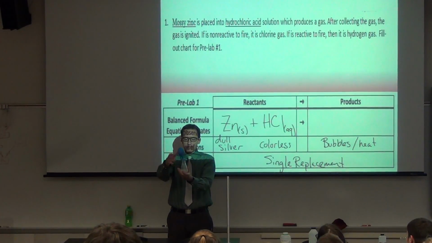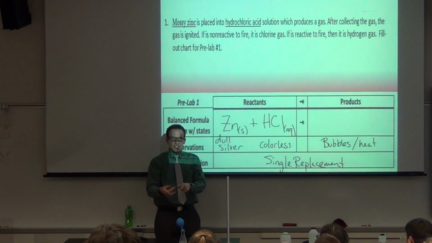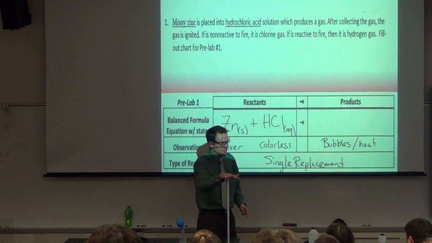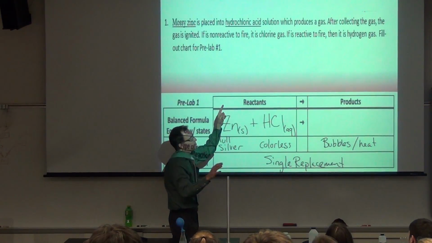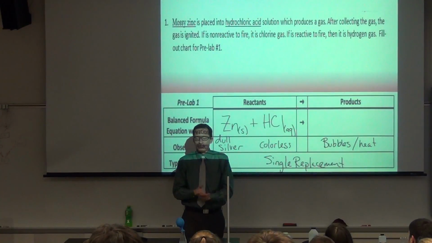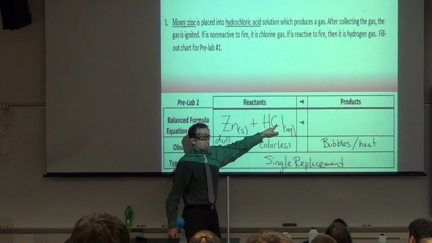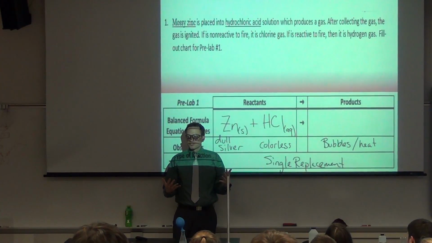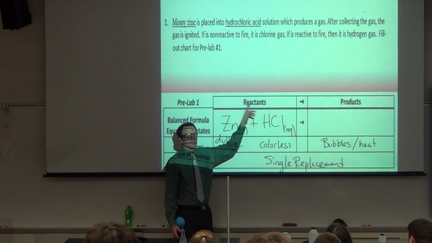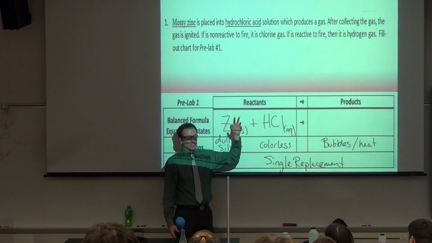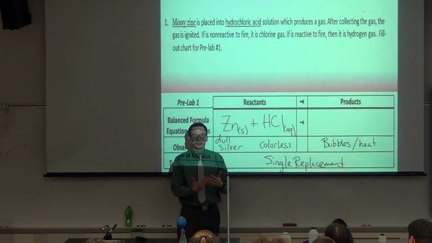Now I want to get this as big as possible so we can test it. What we're going to do then is I'm going to tie this off, tape it onto here, and apply a flame. And if it just simply pops because it's a balloon, then I know that it's chlorine gas. So that means the chlorine got kicked out. If it explodes more than just a balloon popping, then I know that it's hydrogen gas, because then the hydrogen gets kicked out. Okay? Now you might be able to predict, because certain compounds replace similar compounds in charge, but